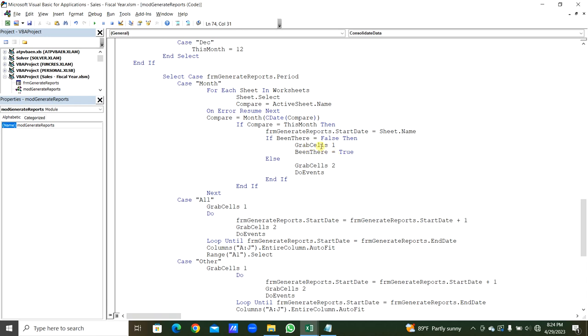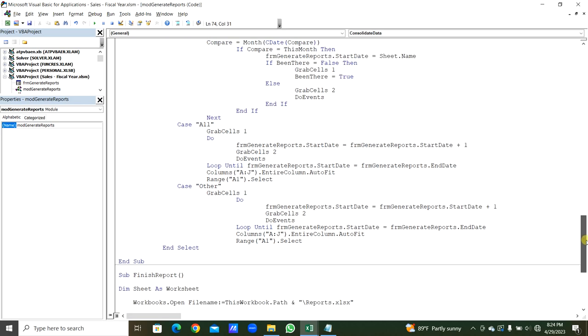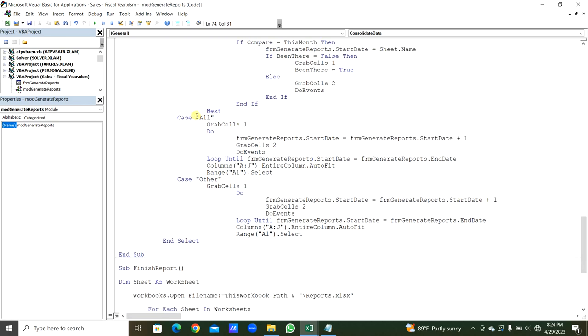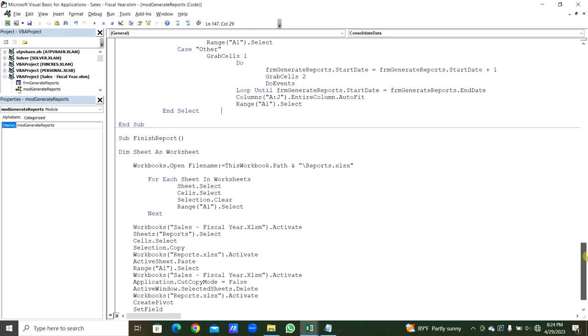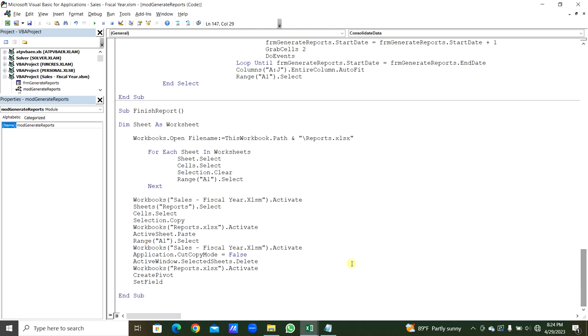Then we are calling the grab cells procedure here. If the case is all, what are the procedures, and calling the grab cells. Also, if the case is other, what are the procedures to consolidate the data. Finally, the finish report procedure contains